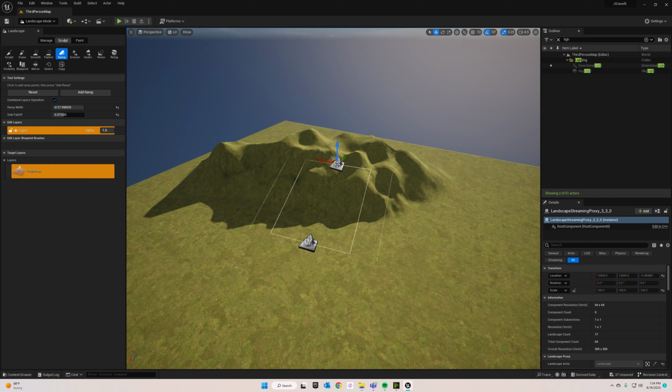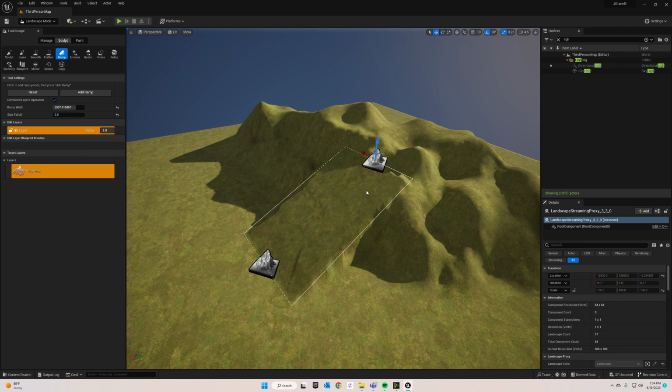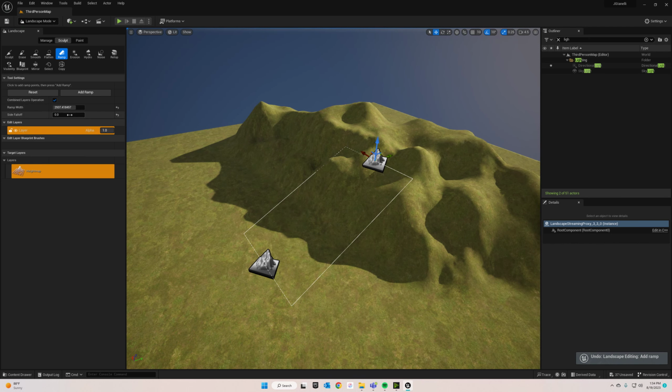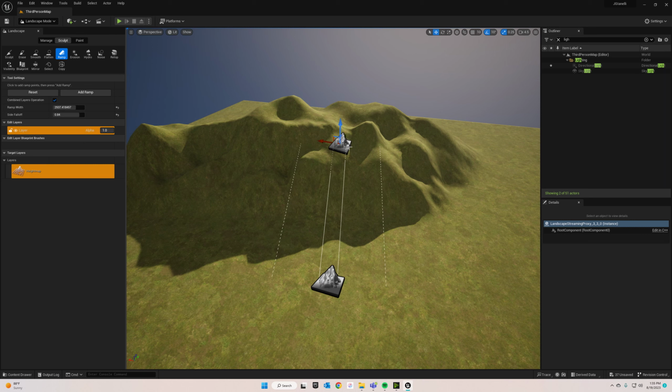And you can change the width of the ramp as well as the side fall off. So if you do it like this, it's going to be like really flat edges. But if I pull the side fall off to this, it's going to be very round like that. So to make it more organic looking, I'm going to just give it a little bit of that, and then when you're done, you just click on, and you can always move these as well. You click enter, and